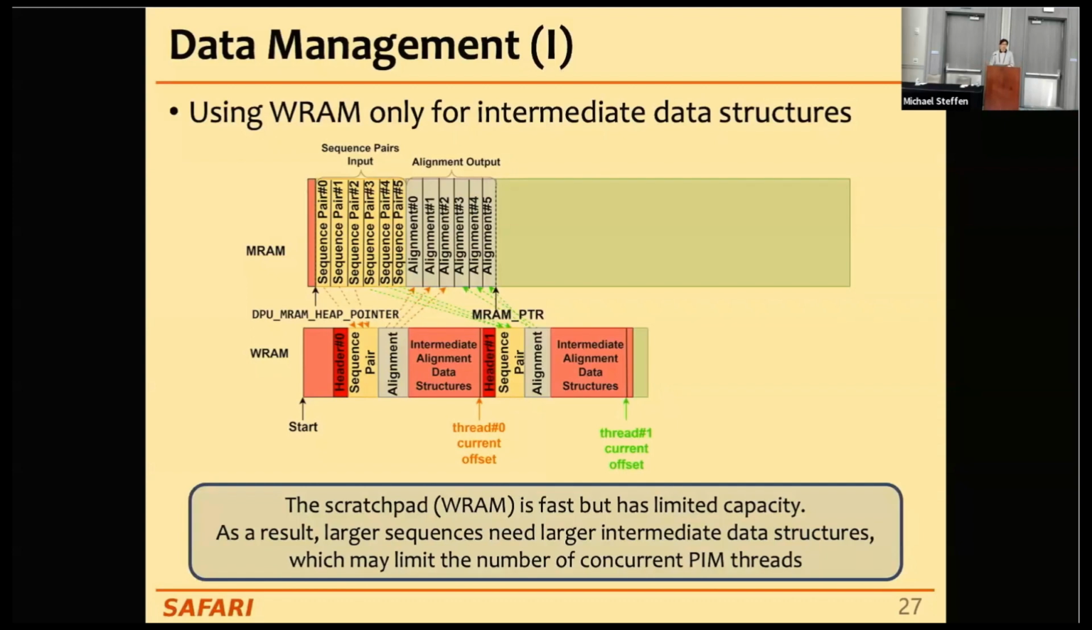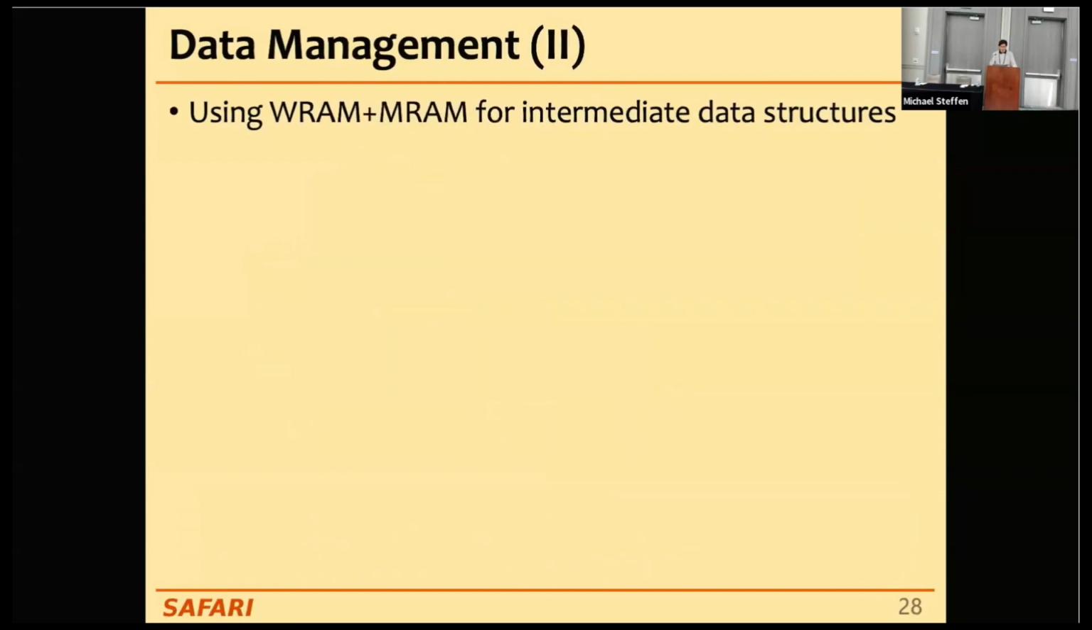So what this basically means is that the fact that the size of the WRAM is limited means that the space that we have for the intermediate data structures is also limited, and this is going to limit either the size of the sequences that we can align or the number of PIM threads that we can run concurrently on the pipeline. So that's why we came up with another approach as well that uses WRAM and MRAM for the